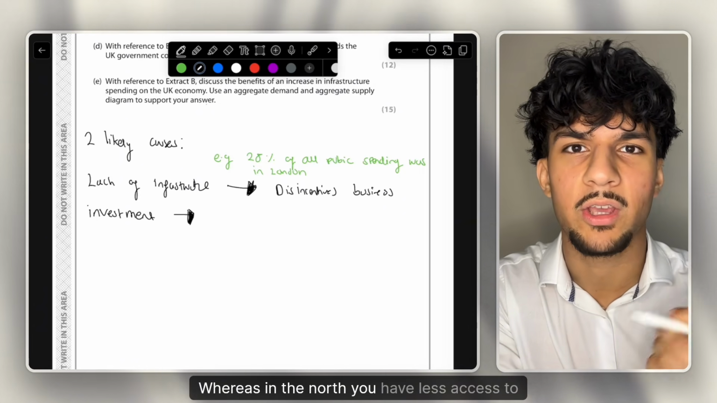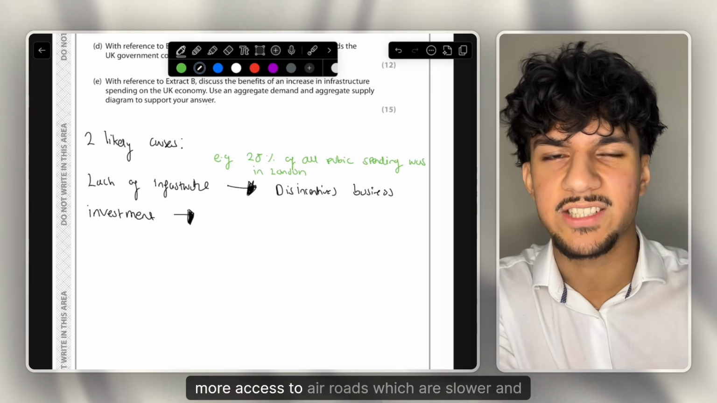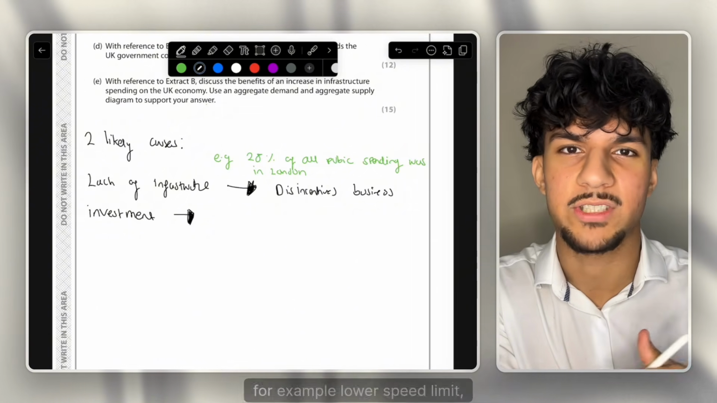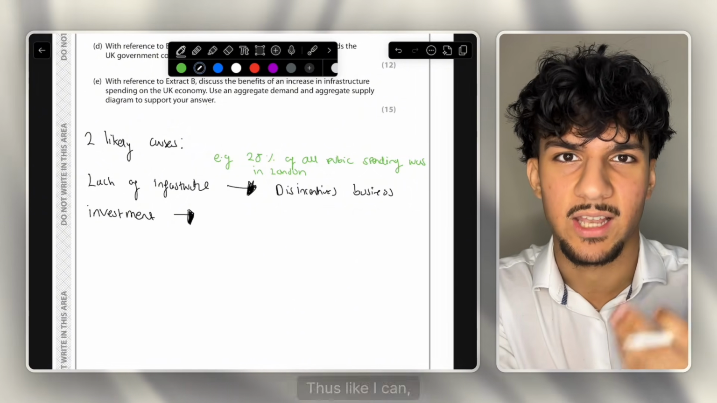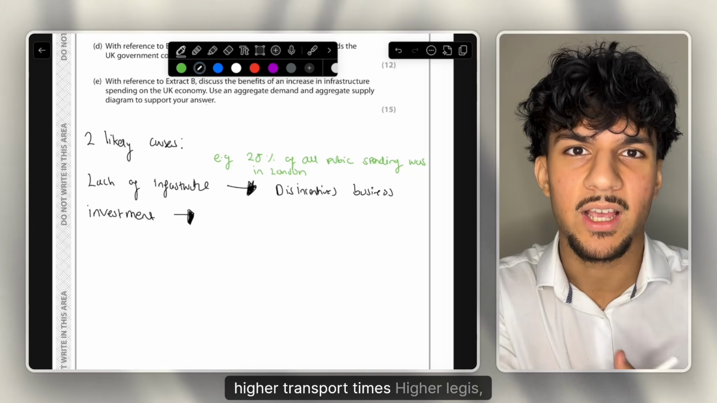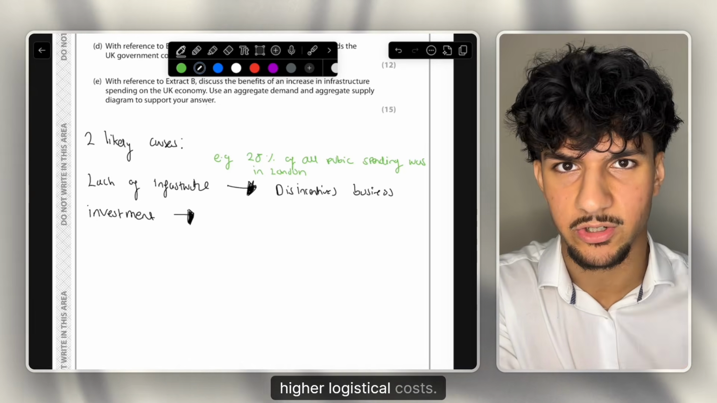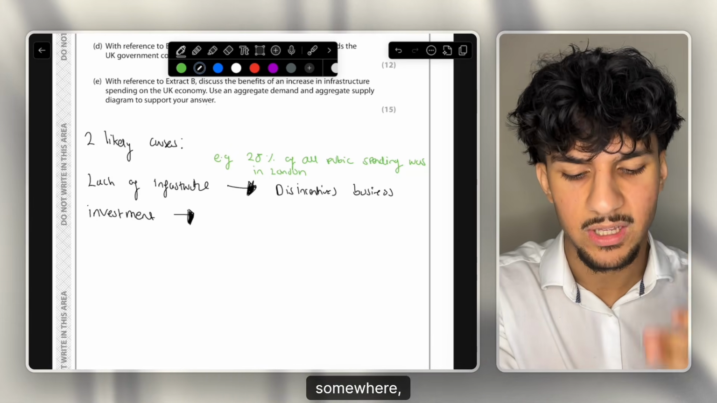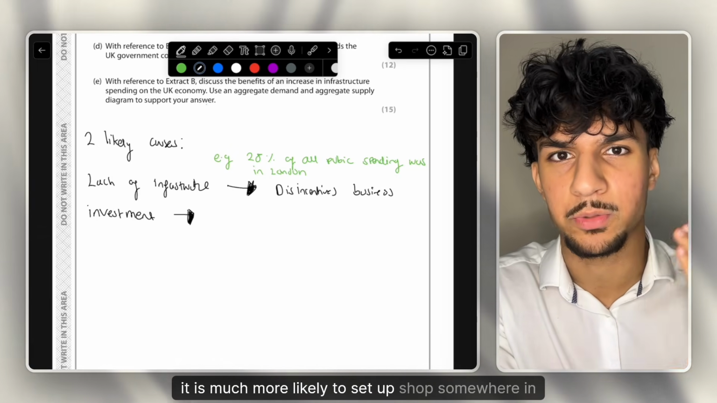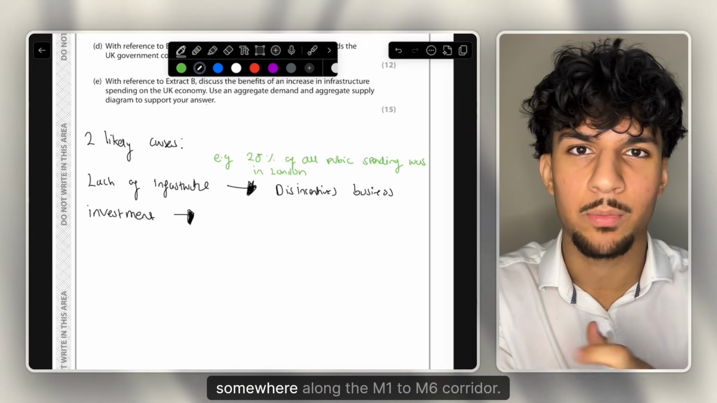Whereas in the north, you have less access to motorways, more access to A roads, which are slower, for example, with lower speed limits. They have fewer connections to different parts of the country, thus, like I said before, higher transport times, higher logistical costs. So when a firm is looking to set up shop, when a firm is looking to get established somewhere, it is much more likely to set up shop somewhere in the south, somewhere along the M1 to M6 corridor,